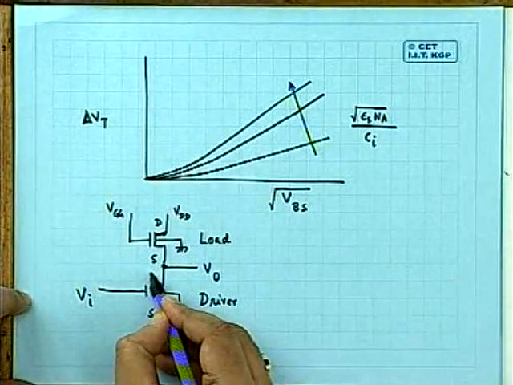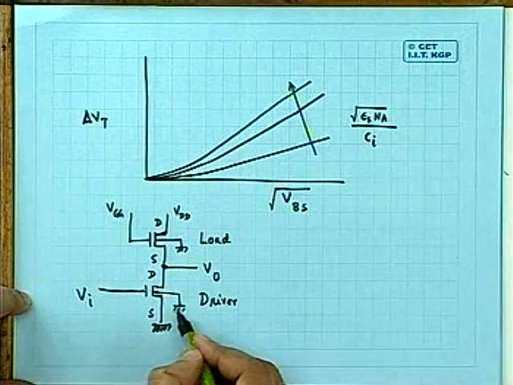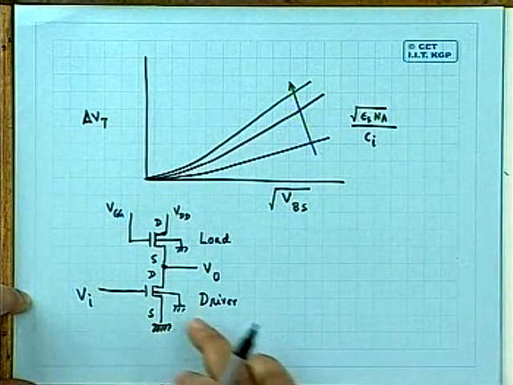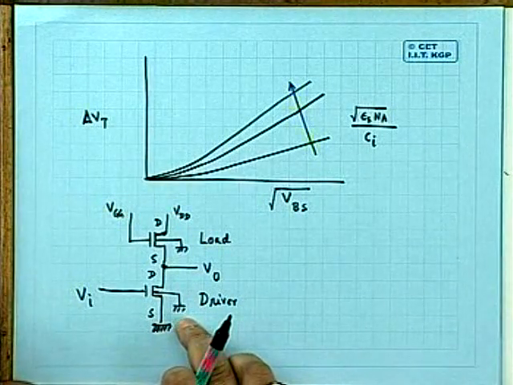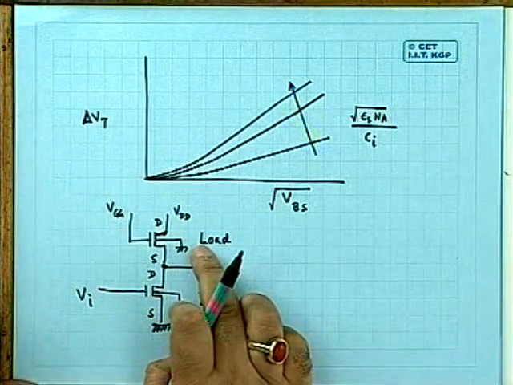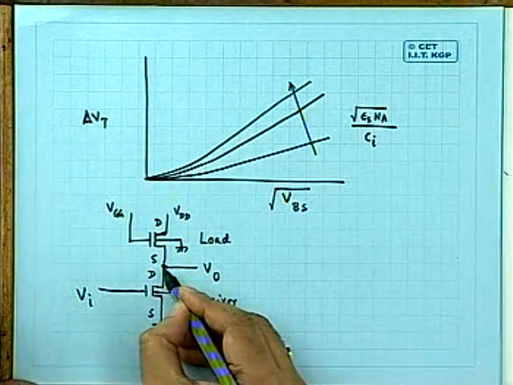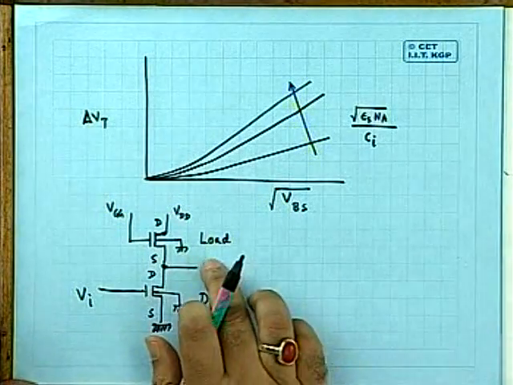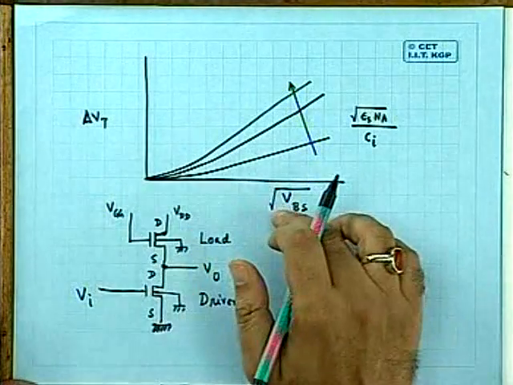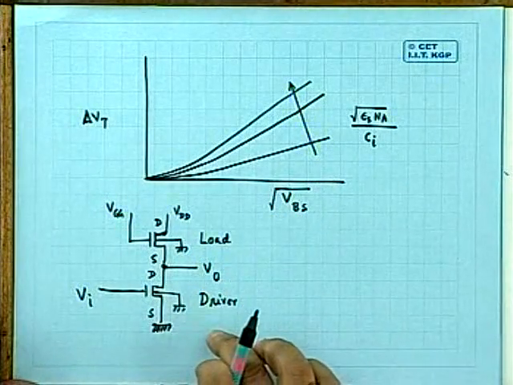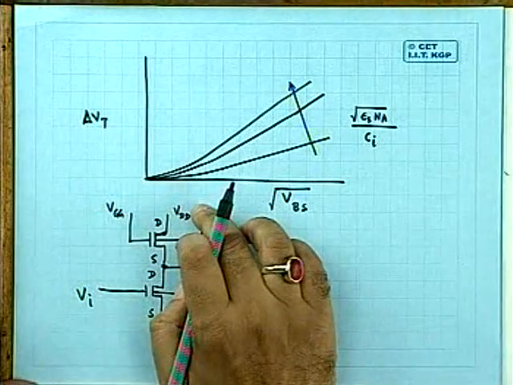Load. Very clear. Because this is the source of the load, and this is the drain of the load. The source of the driver and the substrate are both grounded. In the case of the driver, the body effect does not arise. On the other hand, for the load, this potential is changing from practically 0 volt to V naught, or VDD minus VT. The VO is varying from almost 0 volt to either VDD or VDD minus VT. When it will rise